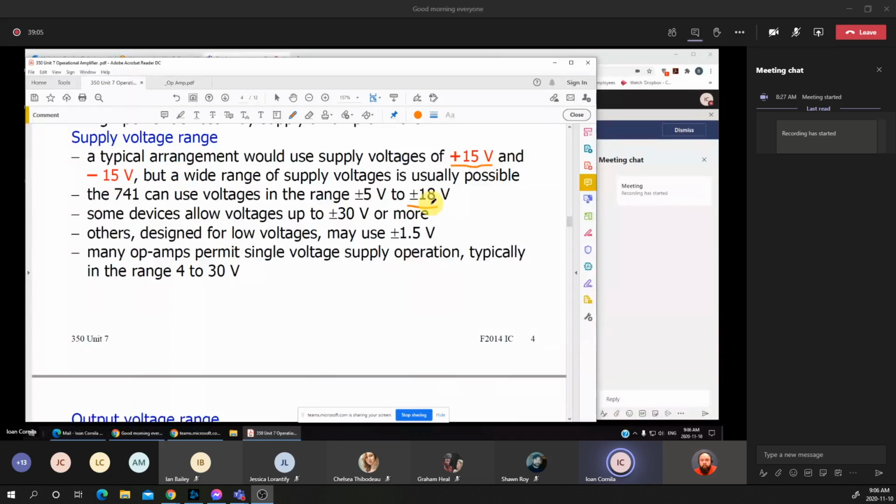Some of the 741 may go higher to 24 volts. And you may see 741A as the code for the operational amplifier, followed by a letter or a group of letters as AB, AC, or BC, which means that probably different voltages or different ambient temperatures can be used for those